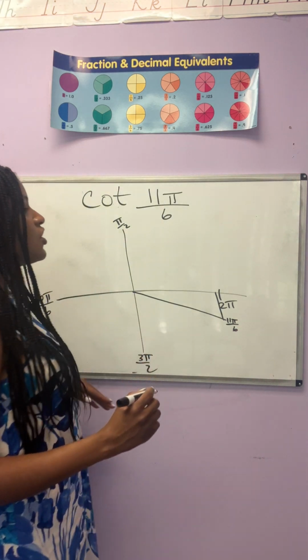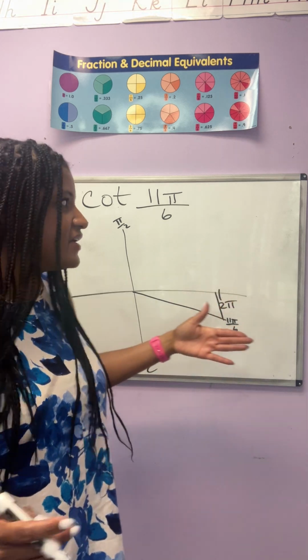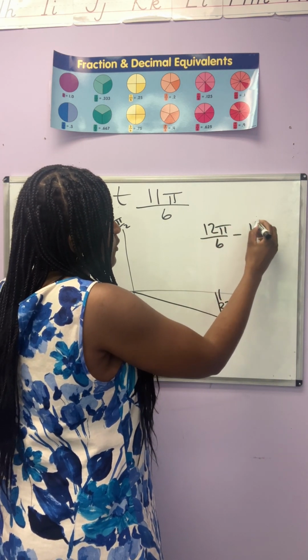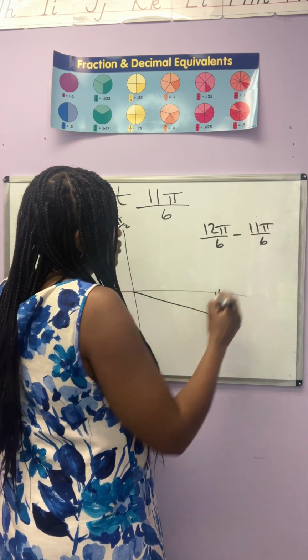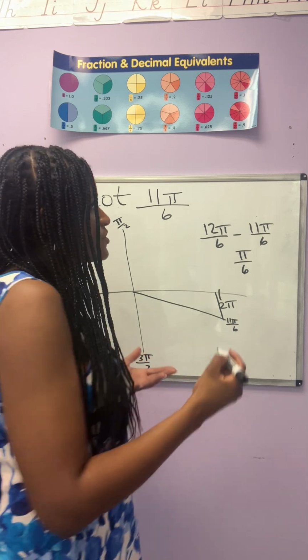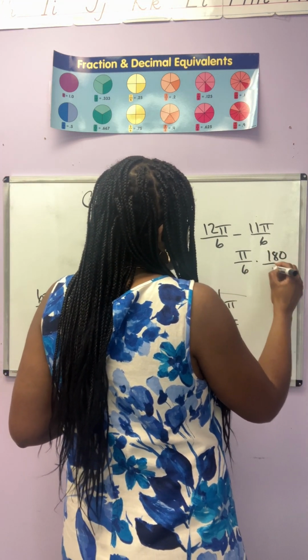If you notice, it should have been 12 pi over 6 if we got to the end of it, because 2 pi is 12 pi over 6. But we're actually at 11 pi over 6. So the difference is just pi over 6. And you can use this formula to help you figure out what 11 pi